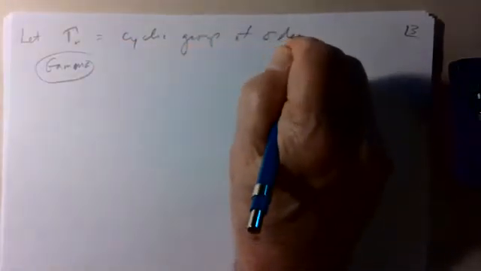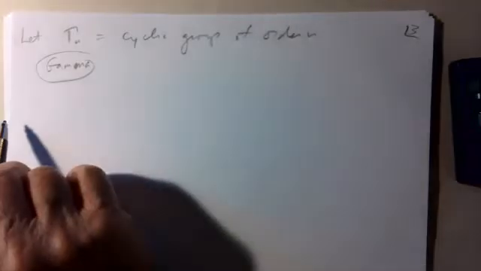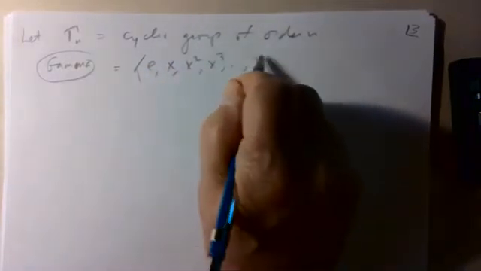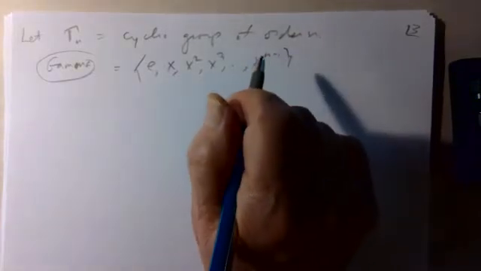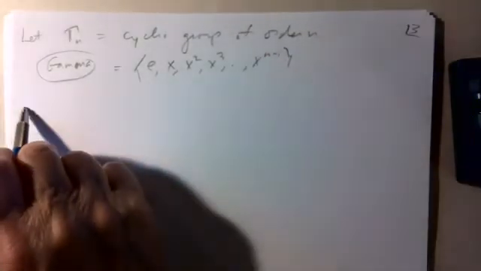Suppose we let gamma n, this is a capital Greek letter gamma, be the cyclic group of order n. So what does a cyclic group mean? It's a group which has exactly n elements. One is the identity. There's an element x, x squared, x cubed, up to x to the n minus 1. And multiplication